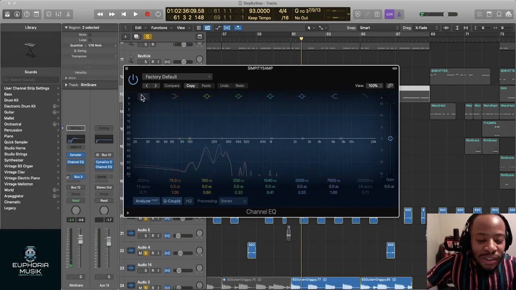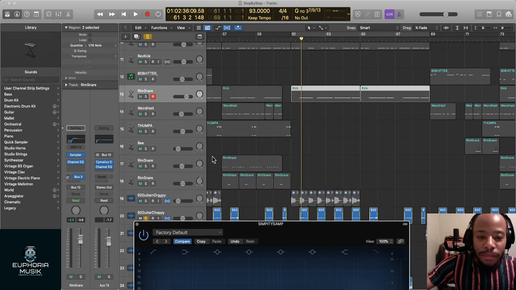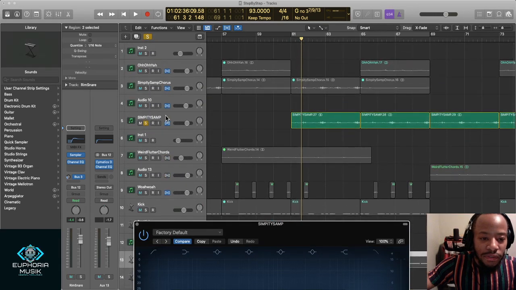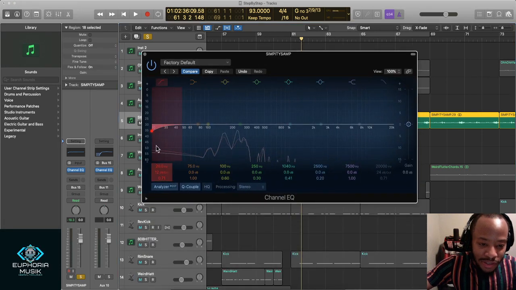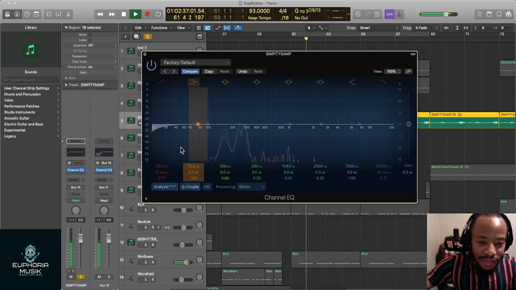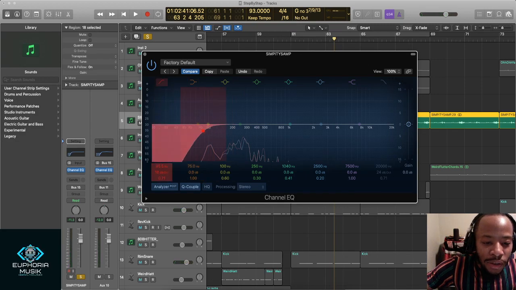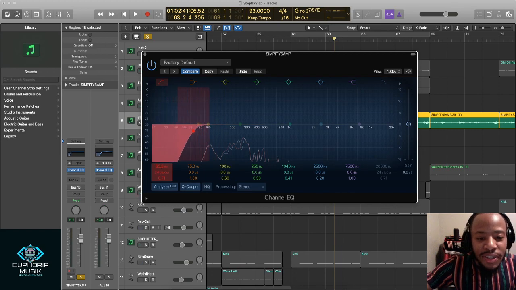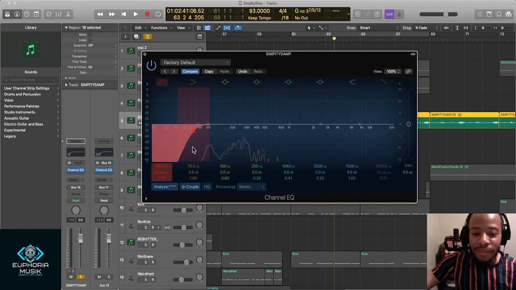All right. So, on this, I should have already. There it is. I should have already cut out these lows because, as you can see, actually this one's actually pretty good. But if it was a sound that I could tell had a lot more low end, I would just go ahead and cut it anyways. Even though it may not be showing up on this graph, sometimes you can just cut it.